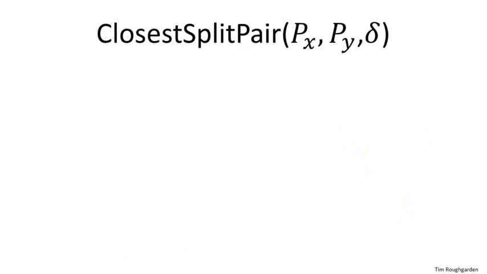Well, let's look at a point set. The first thing we're going to do is a filtering step. We're going to prune a bunch of the points away and zoom in on a subset of the points. The subset we're going to look at is those that lie in a vertical strip, which is roughly centered in the middle of the point set. By centered, we're going to look at the middle x-coordinate. So let x bar be the biggest x-coordinate in the left half. That is, in the sorted version of the points by